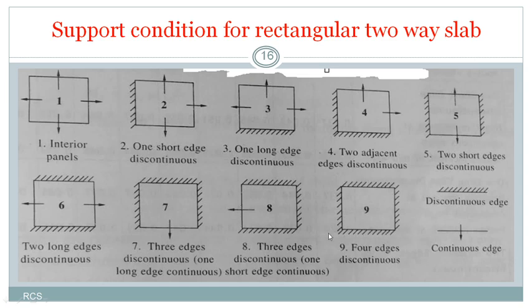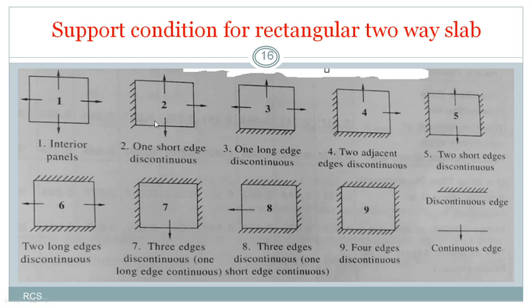And we have the ninth condition, the last condition. Four edges are discontinuous. That means among all four sides we have hatching. So there is no continuation in any direction of this slab. That's why we can call it four discontinuous edges. In all my lecture, I will design a slab with respect to these four discontinuous edges only. Right? I think you got the point regarding different cases of your codal provisions. That is 1 to 9, 1, 2, 3, 4, 5, 6, 7, 8 and 9 we have, right?